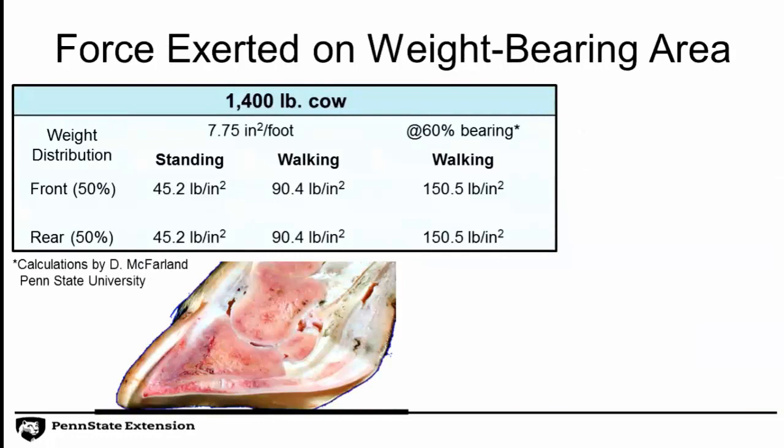One of the things that we need to be concerned about is the amount of force or weight that we have on the corium, because that can compromise the health of the corium. So these are some calculations done by a colleague, Dan McFarland, and he'll be presenting another webinar in this series on housing and cow comfort. But if we look at a 1,400-pound cow, and we assume she's got just about 8, not quite 8 square inches per foot underneath her, if she's standing, she's got about 45 pounds per square inch of force on that